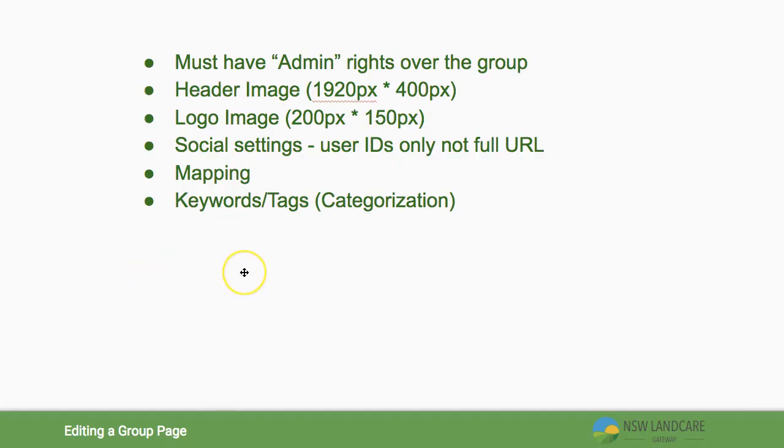So just going back and summarizing some of that information, the header image should be a wide landscape image around 1900 by 400 pixels. Logos are recommended around 200 to 150 pixels, or generally about square. And also with the social media links, make sure that you put in the IDs and not the full URLs. And definitely go to the trouble of doing the mapping and the keywords as well, all to help your group being found on the